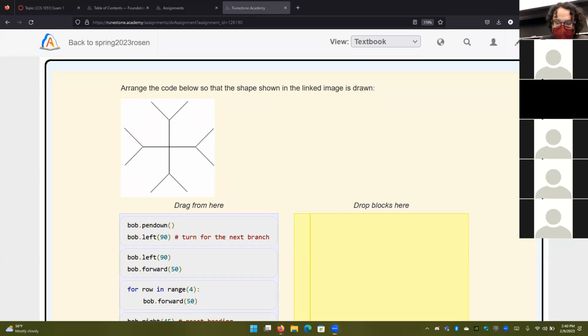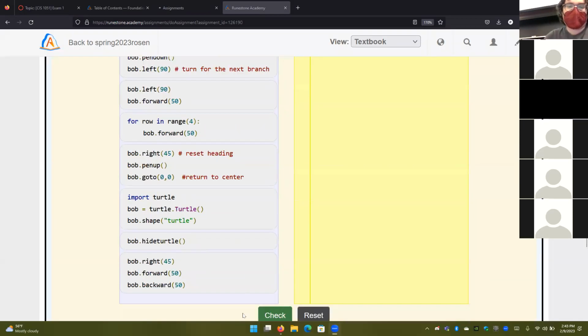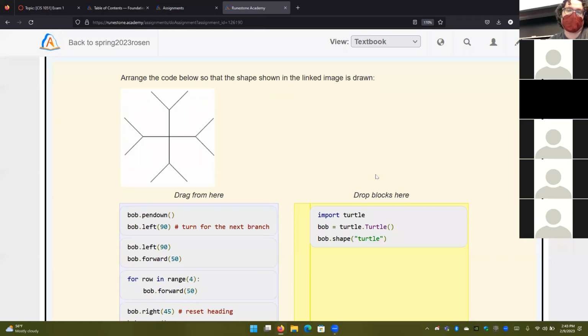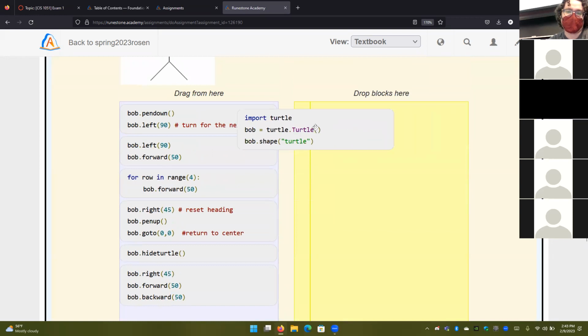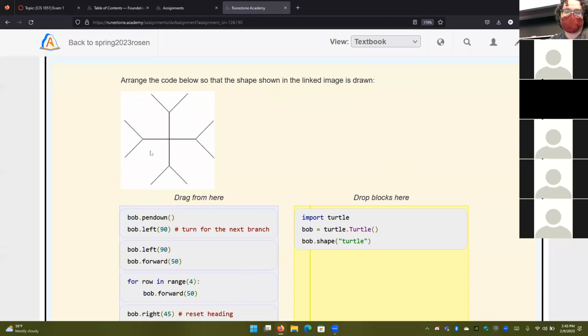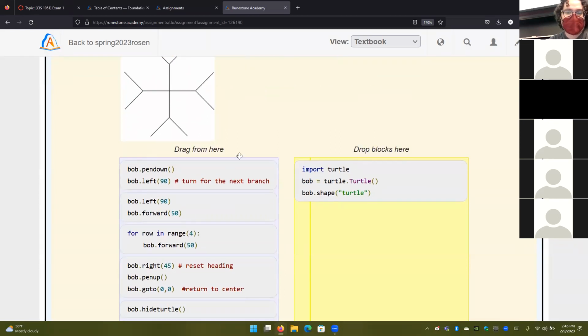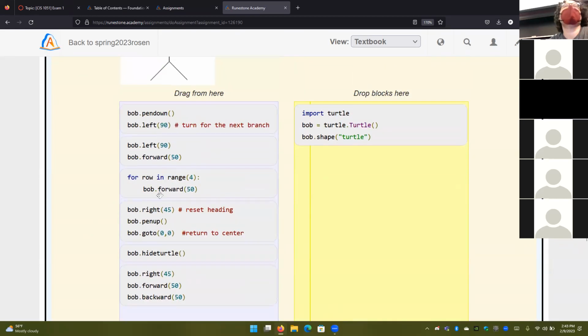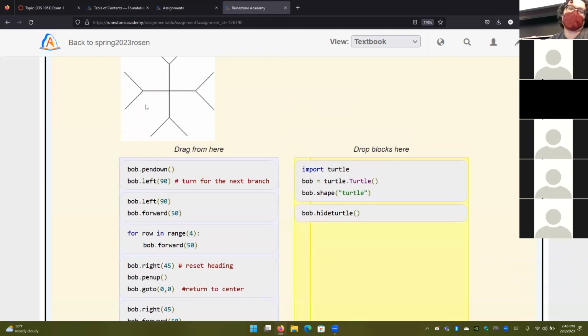Okay, and Zoom recording. So this one, again, is fairly big. When you're trying to do turtles, generally the first line, if stuff is scrambled up, is to import the turtle and declare the turtle so you can use it. I was also a big fan of making Bob be a turtle, because it's a much better shape than a triangle. This is probably a very good indication of what our last command should be, the hide turtle, because again, we can't see this.